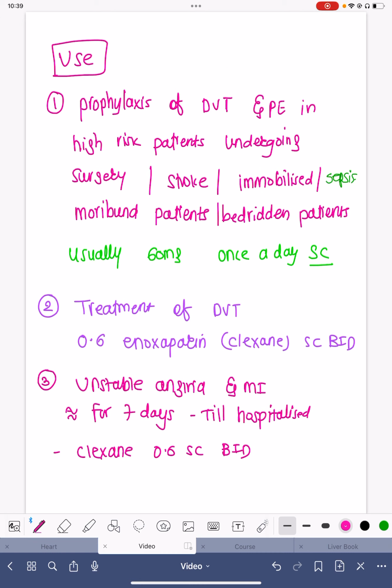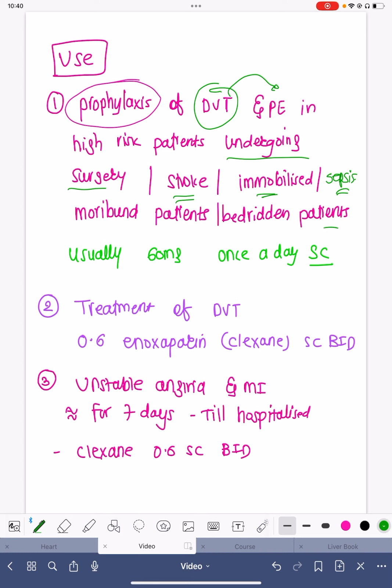Now, what are the uses? One of the most important uses is prophylaxis. So we use this drug for prophylaxis of DVT and obviously PE. When there is no DVT, the chances of pulmonary embolism will be much lesser. It is given to all patients who are undergoing surgery, or those patients who have stroke, those who have poor mobility or are immobilized, those who are very sick, those who have sepsis, who cannot walk, who are more bedridden in the hospital because of infections or some other reason,